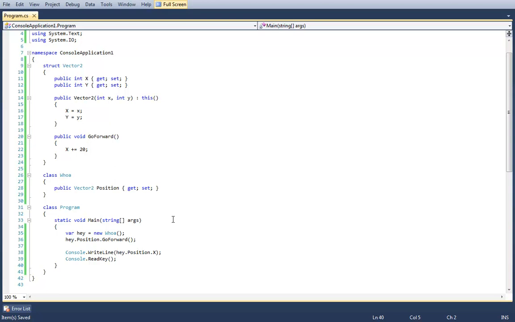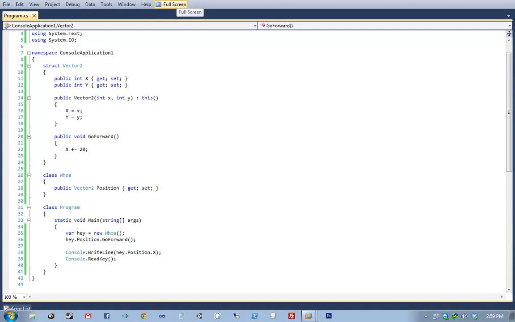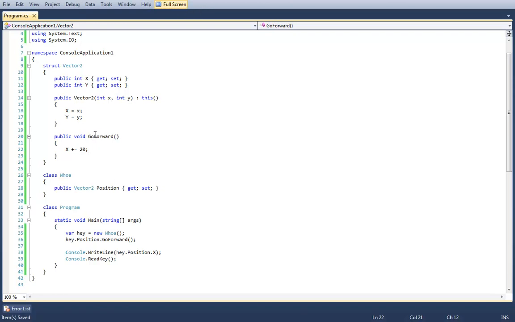But I want everybody to go ahead and give me the output to this program. Now keep in mind a variety of things about structs.